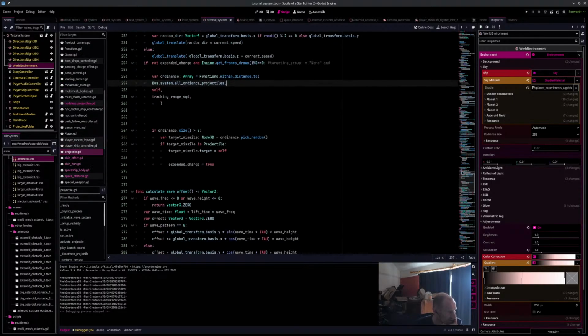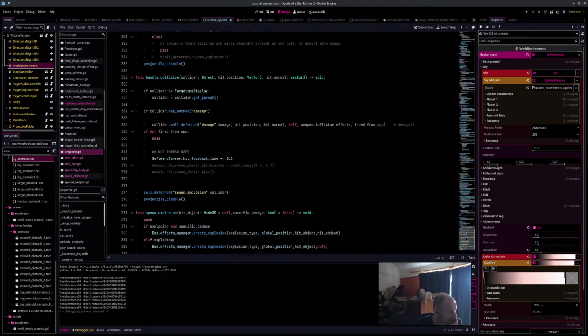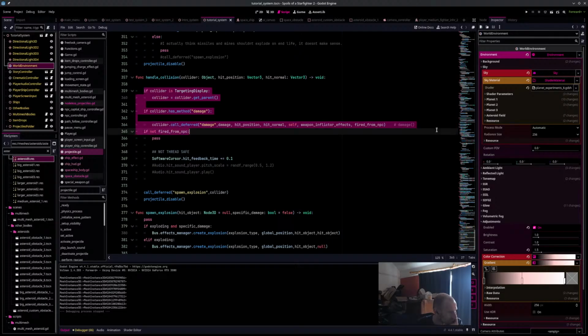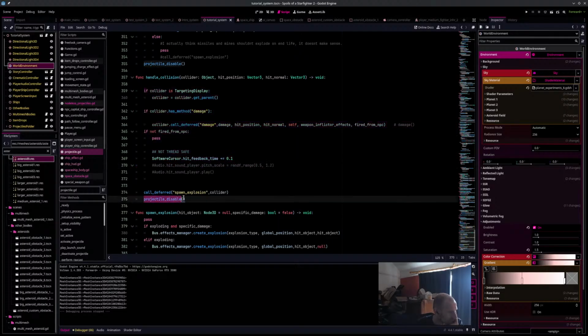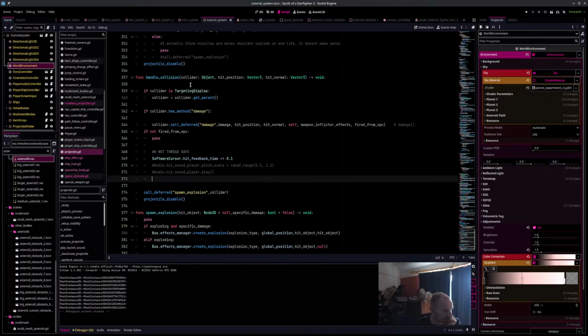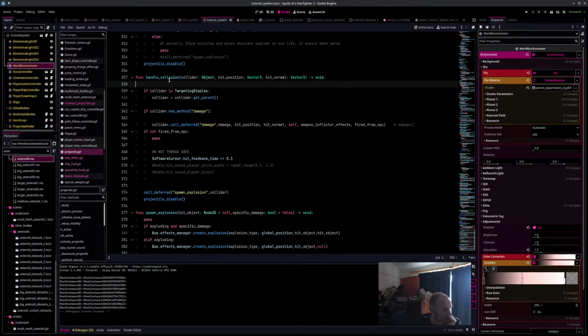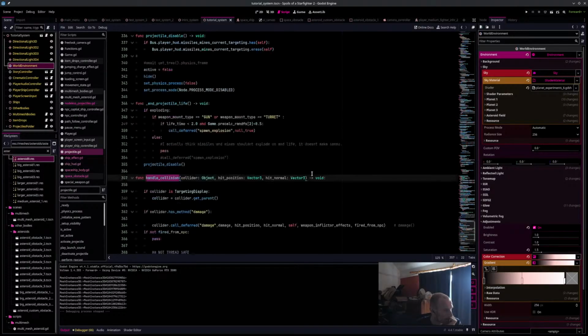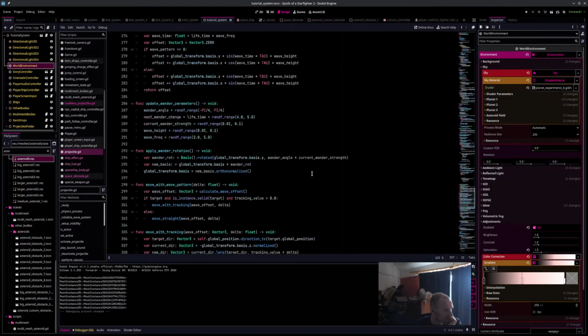How does this one work? Handle collision. Oh, interesting. So it wasn't even handling any collision because it should disable. Right. Which means